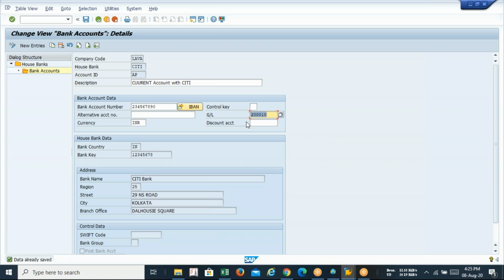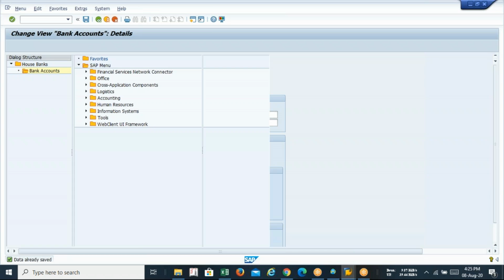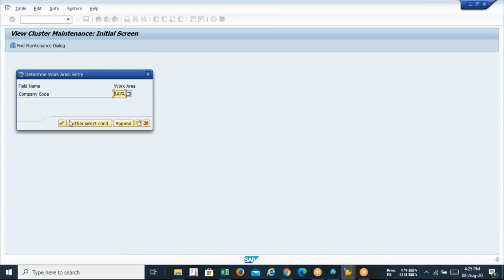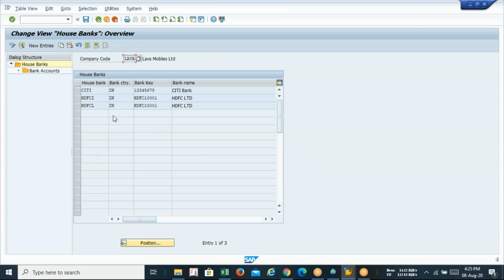Assign this GL. But one thing, after creation of the house bank, after assigning the GL and after making payment out of such bank, you are not allowed to change your GL. So if I'm clicking on it, you can see I have two now.